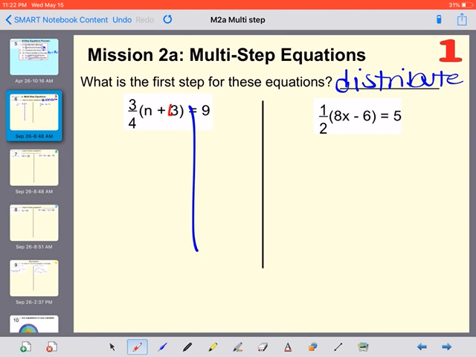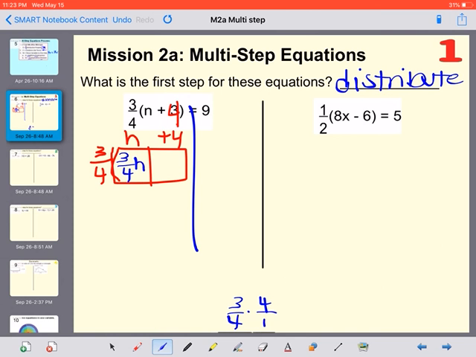I actually made a mistake here. This should be a 4 and not a 3. So we're taking our 3/4 and multiplying it in our box by n and by 4. So 3/4 times n, we just write 3 times 4, or 3 over 4n. 3/4 times 4,